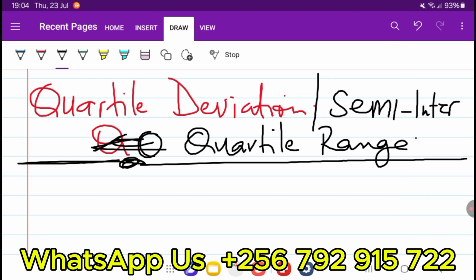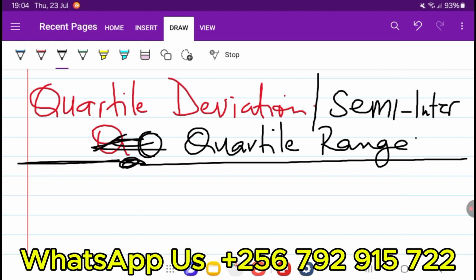We said that positional means we cut out the arrangement and then we look at the position of that. Sometimes they may call them the semi-quartile range or semi-interquartile range, but whichever aspect,